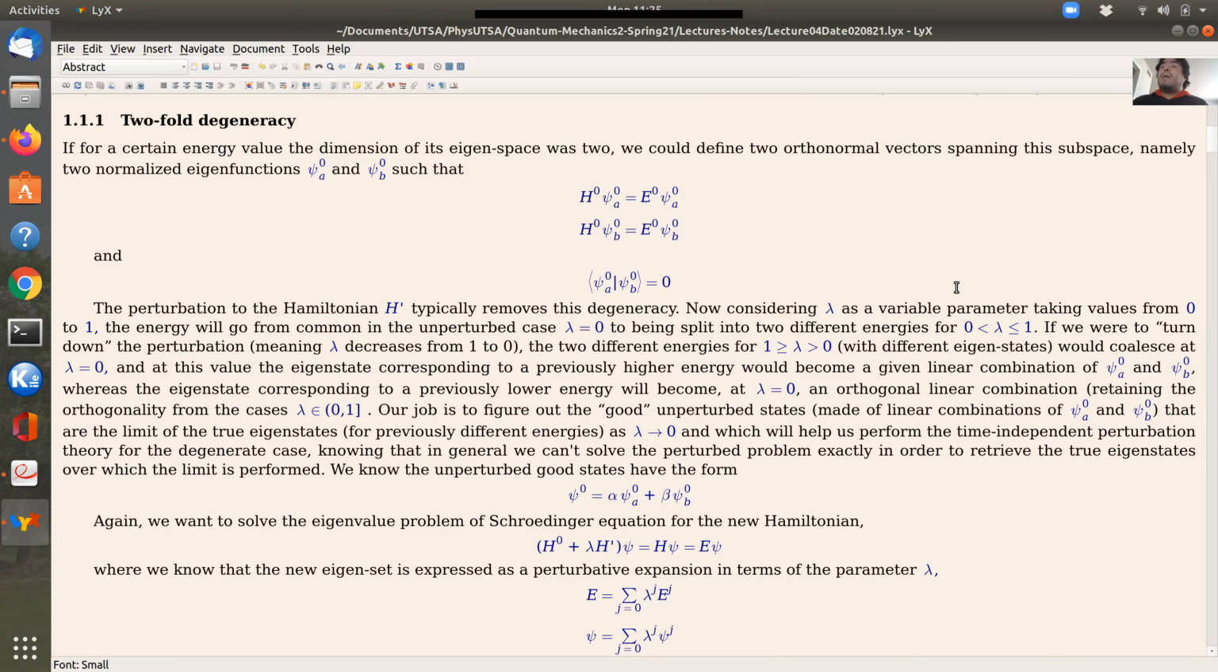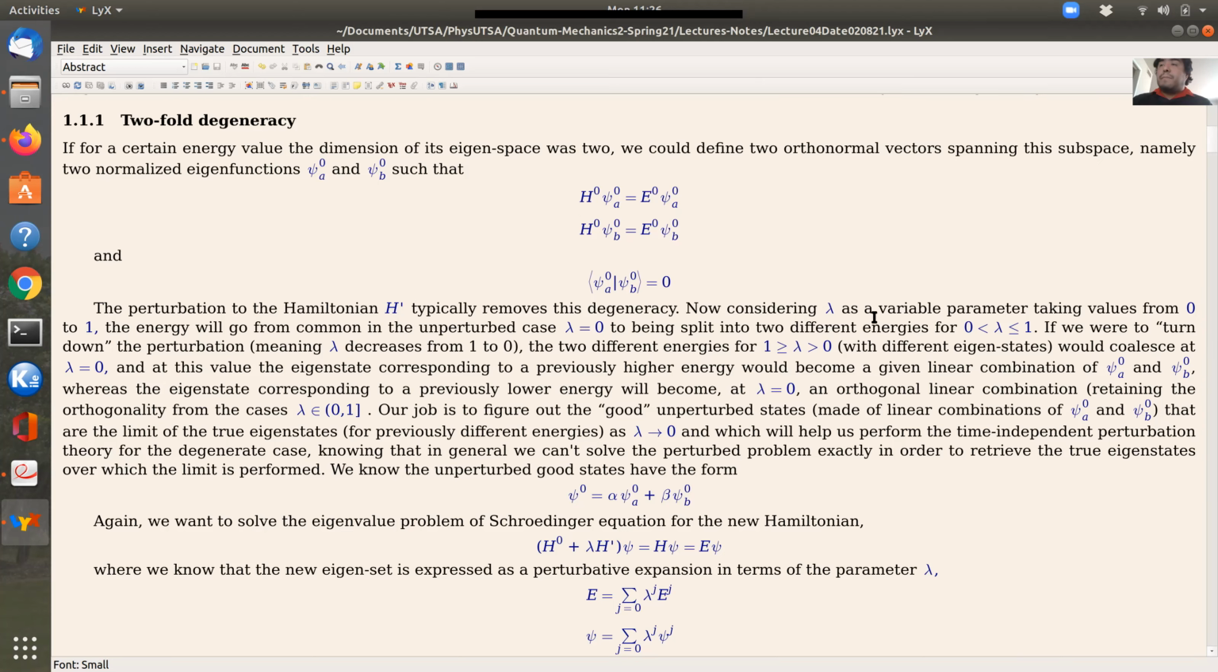Let's say that lambda goes from 0 to 1. So H prime is fixed, and lambda is like a switch: you turn it on and it goes from 0 to 1. In the case lambda equal to 0, you're in the unperturbed case, where the energies are the same for these two states. Then for lambda greater than 0 and less than or equal to 1, you break the degeneracy